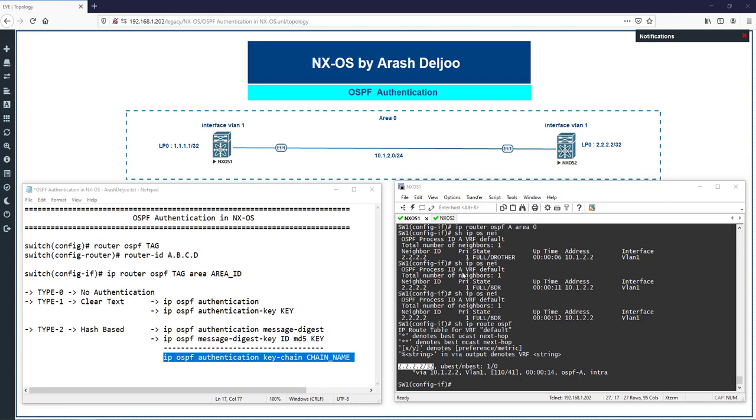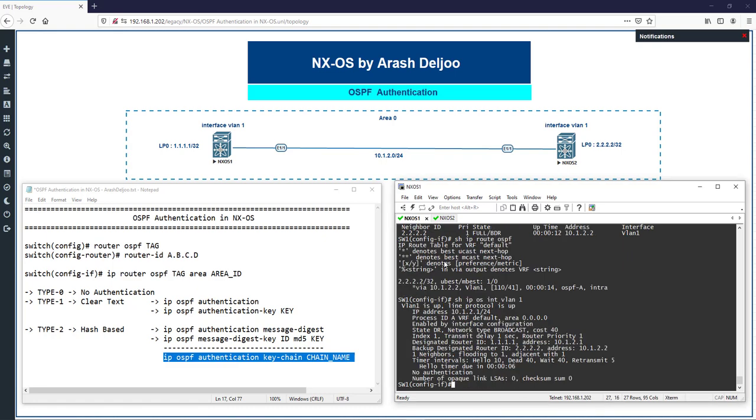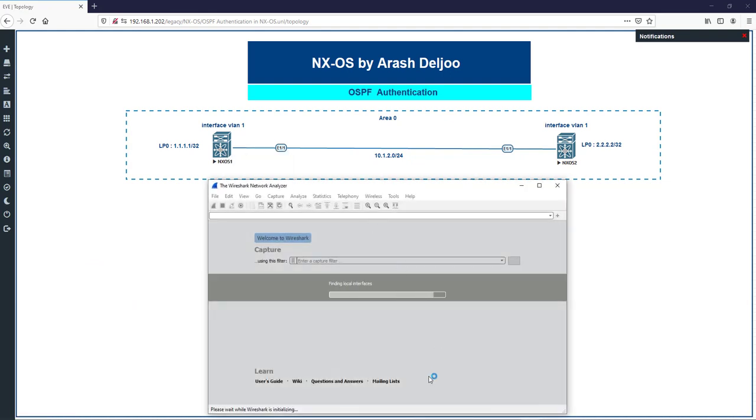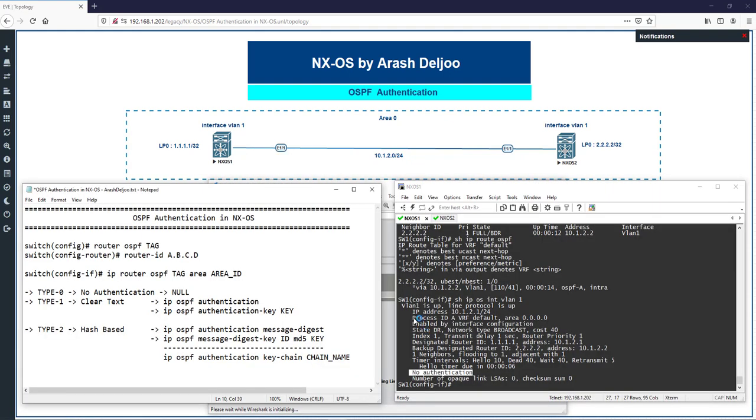You know that in this scenario I didn't use authentication until now. Because of that, if you check the OSPF on the interface, show IP OSPF interface VLAN 1, we don't have any type of authentication. This is type 0 of the authentication. We call it null authentication or no authentication. Very good. Let me capture the ETH11 for the next steps,